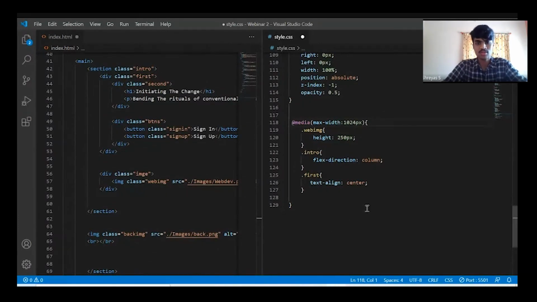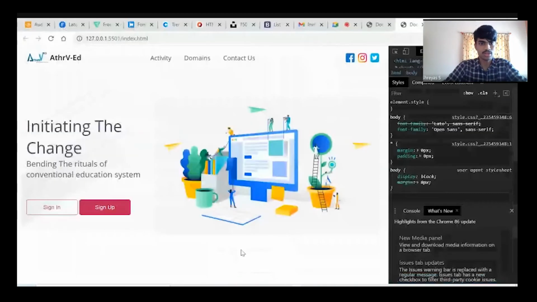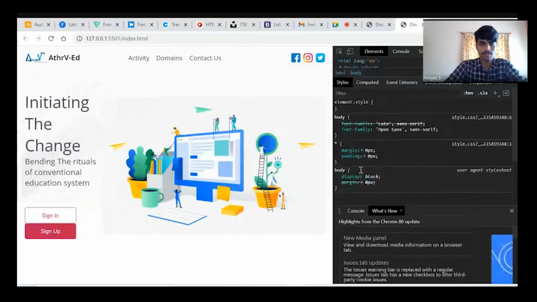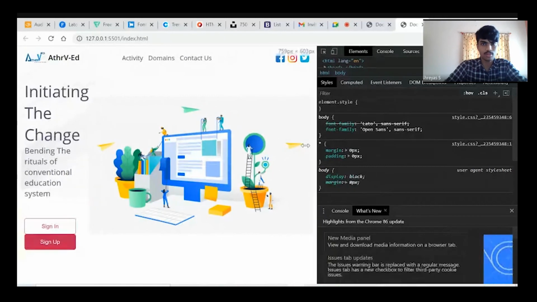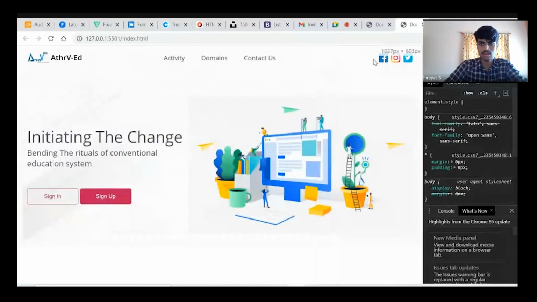What this states is that from 0 to 1024 pixels, this CSS will be applied. We don't need to change the styling for everything. The color will be the same even in phone view or mobile view. But we need changes for this image. This image should become small, and all these things should get aligned. Only for that we can set a property. Here you can see the width.